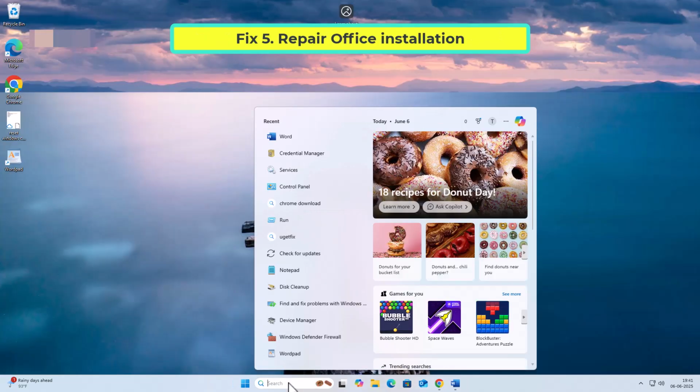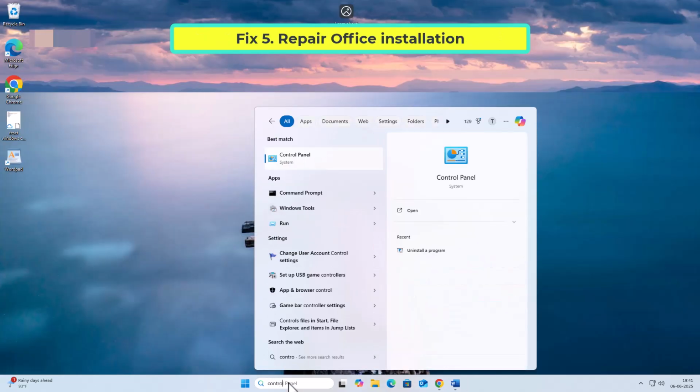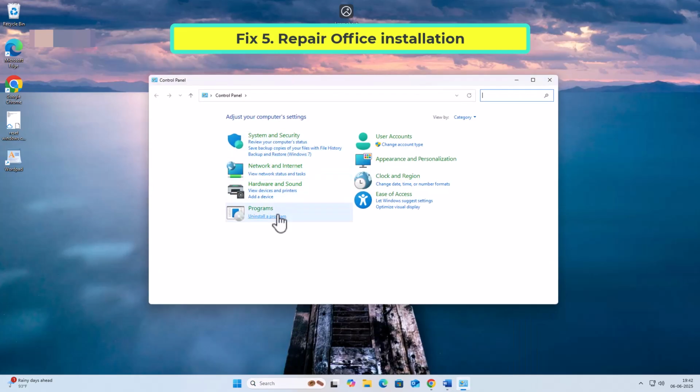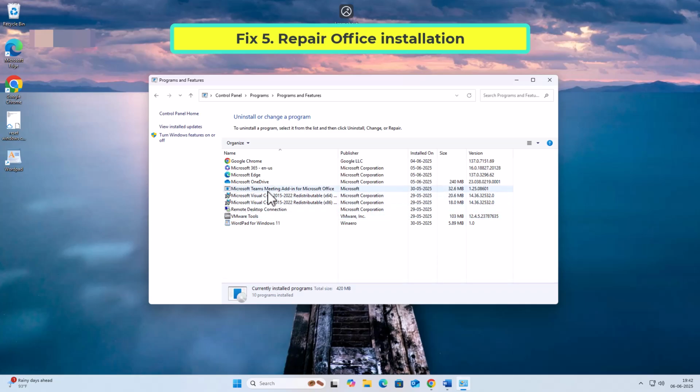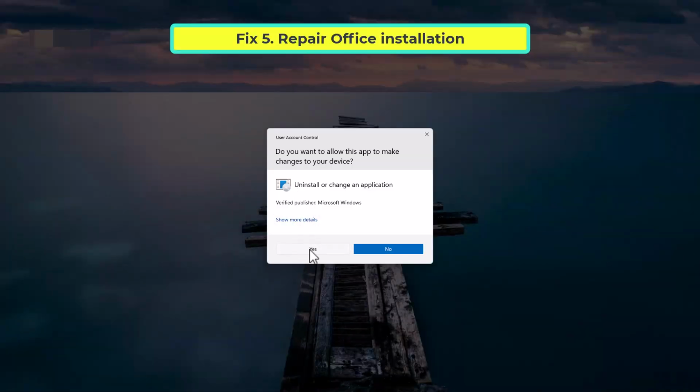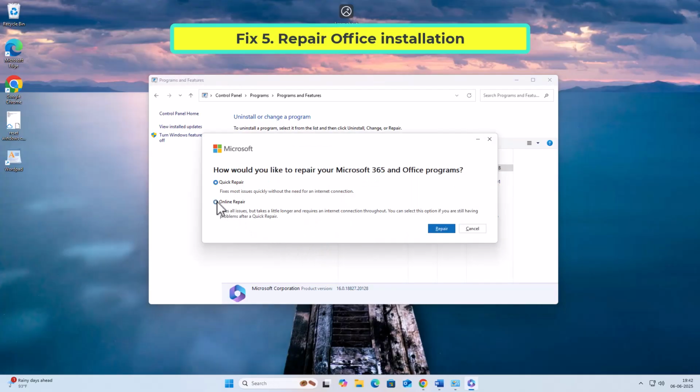Fix 5. Repair Office installation. Corrupted installation files can lead to sign-in issues. Choose the option for Online Repair and click Repair. Follow the prompts to finish the repair. If that didn't work,